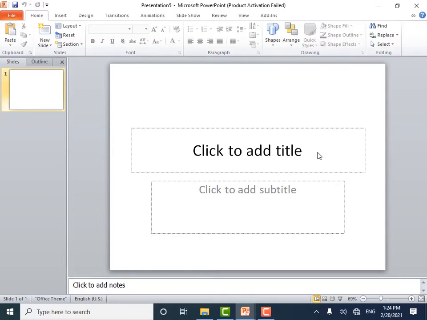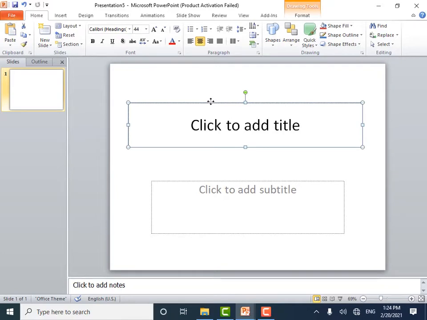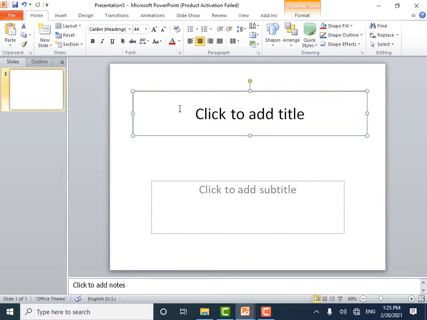Now adding text into a placeholder. Let us see how to add text into the placeholder. The dotted border represents the placeholder that contains the title text for the slide. This is the placeholder. Now to add text to a placeholder on a slide, do the following. Click inside the placeholder first and then type or paste text.